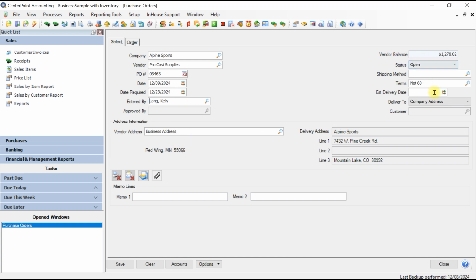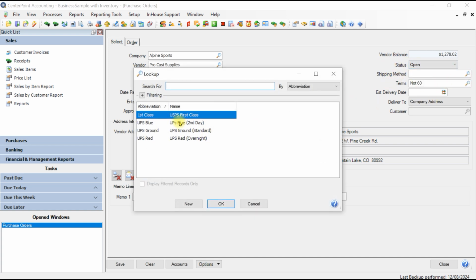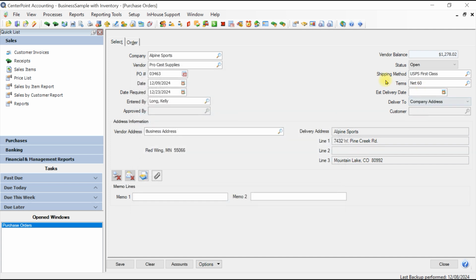On the right-hand side, you'll select the status for this purchase order, which is either going to be open or on hold. On hold purchase orders cannot be printed, they can't be emailed, and they can't be received until they're taken off the hold. You'll also have a place where you can select the expected shipping method, and it should default the terms from the setup of the vendor. If it doesn't, you can select the expected terms for the invoice that gets created. You can put in an expected delivery date,